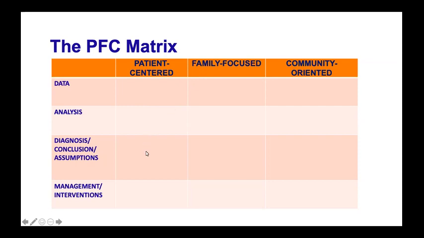And then from the analysis, you will have the diagnosis or conclusions or assumptions, for example, in the community-oriented cell. And then last would be the management or the intervention, depending on the diagnosis or problems identified in each of the three components. So the PFC matrix would now give you a bird's eye view of what the patient has